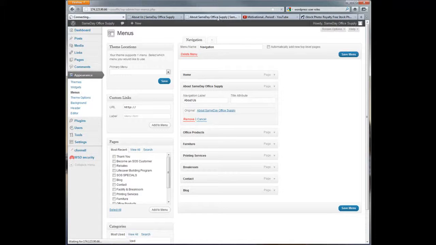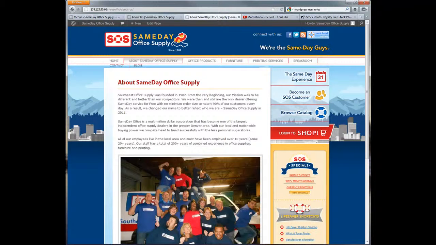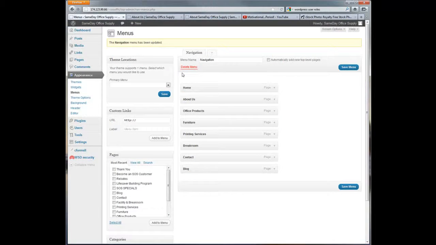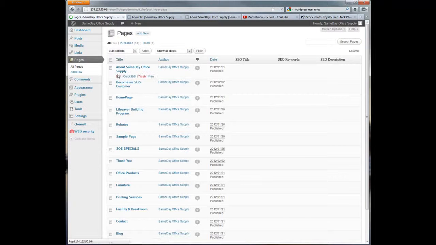Click Save Menu, and then I can come back to the live page and refresh it, and notice now my page title is different than my navigation menu text. Okay, so I would simply update it on my website first under Pages, come into Menus, change it here, and then save. If I go back to all pages and edit the About Same Day Office Supply page now,